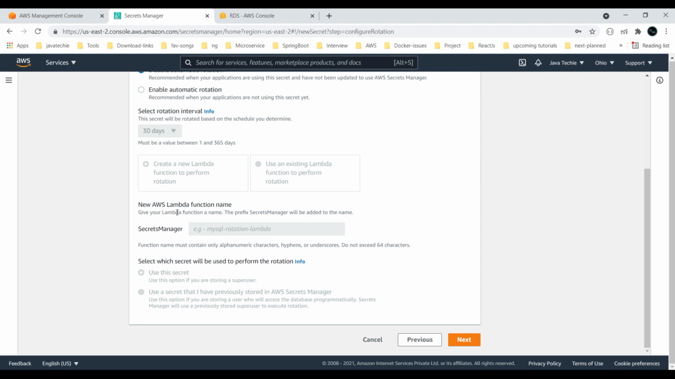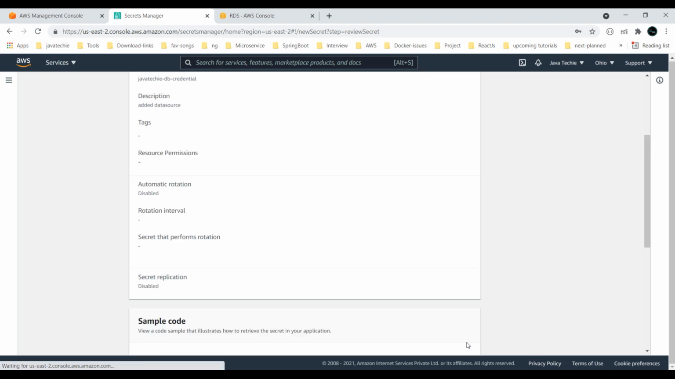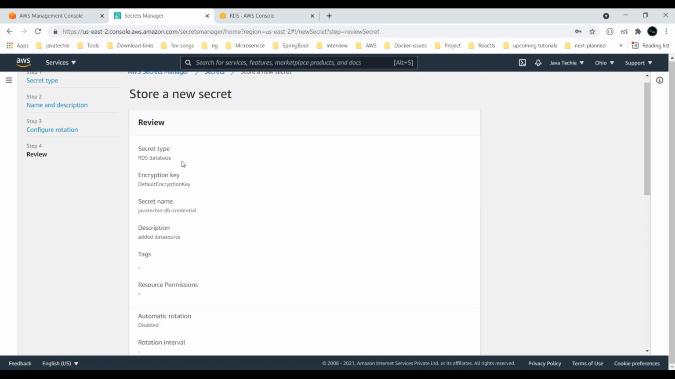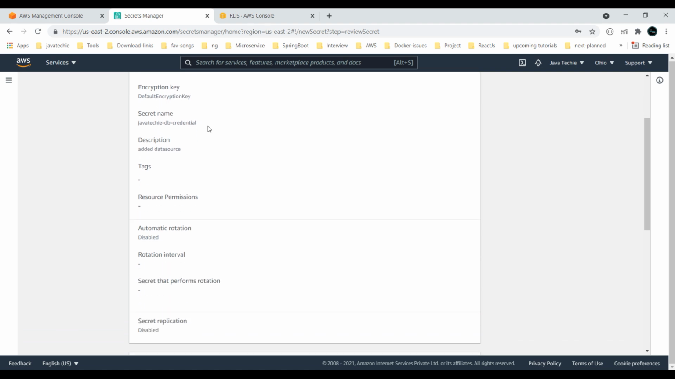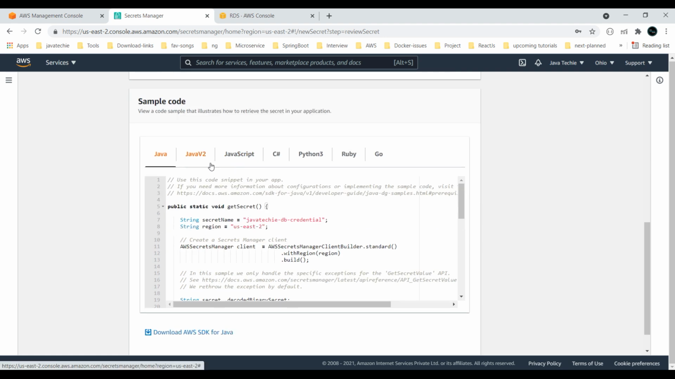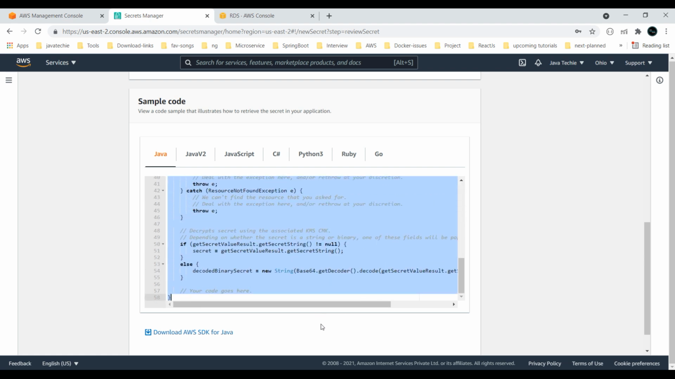And anything else, new AWS Lambda function name. This is the function name. Click on next. Just review it. We created secret type RDS database, and this is the encryption key and the secret name Java Techie DB credential. It's specific to the language we are using, they will give the code. So just copy this